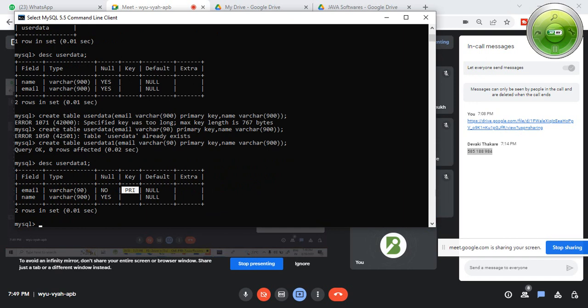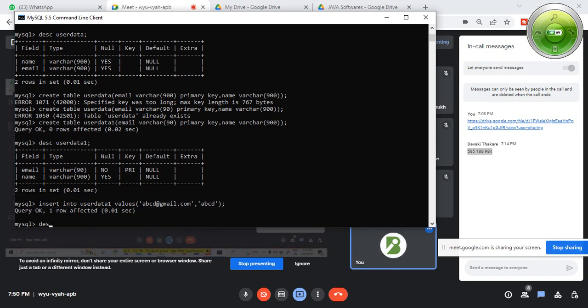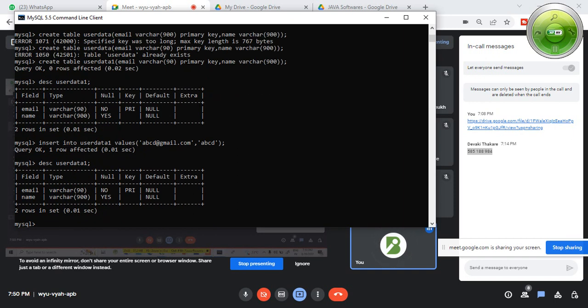So how can we work now? See, if we insert the value, see what is this query? Now forget this one. मी फक्त insert करून दाखवतोय, नंतर परत सांगेल तुम्हाला, क्लिअर करेल. Insert into table name, let's say user data 1. I want to insert the values. What are the values I want? I write down here in single quotes abcd@gmail.com, single quotes complete, comma, I want the name, let's say abcd, bracket complete, give the semicolon, desc user data 1.